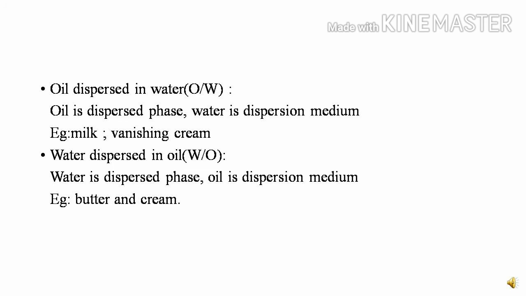Examples are milk and vanishing cream. Next one is water dispersed in oil, indicated by W/O. In this case water is the dispersed phase and oil is the dispersion medium. That means water is present in less quantity whereas oil is present in more quantity. Example is butter and